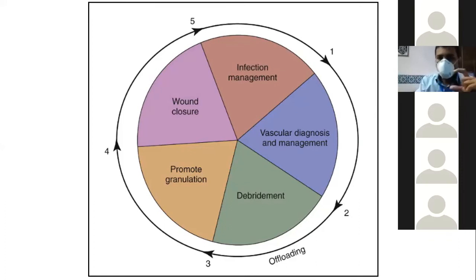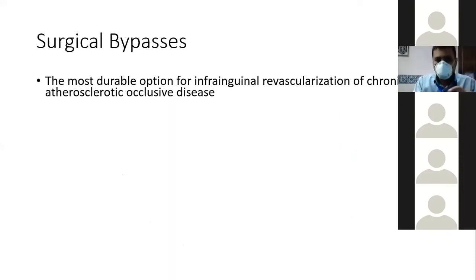But the main focus is improving the blood supply. And surgical bypasses are durable, and we are very fortunate to have Dr. Zahid and Dr. Khalid with us, and I will ask them just to give some comments on the role of surgical bypasses in patients with critical limb ischemia who have diabetes, and what is their experience,